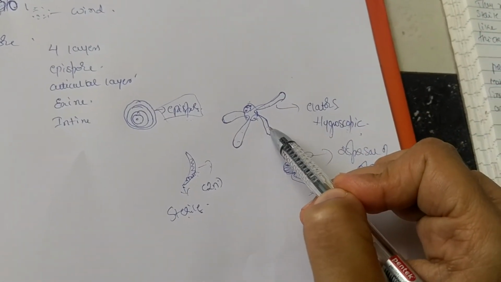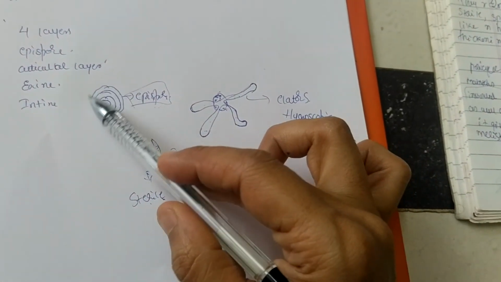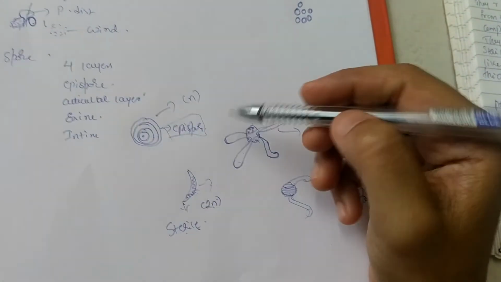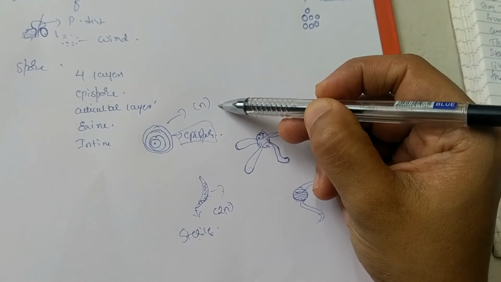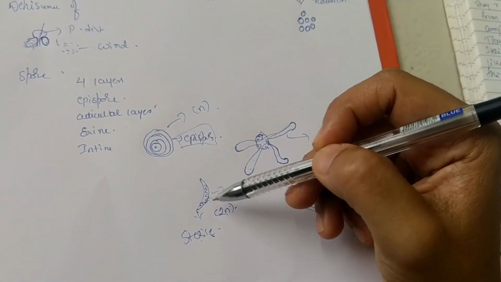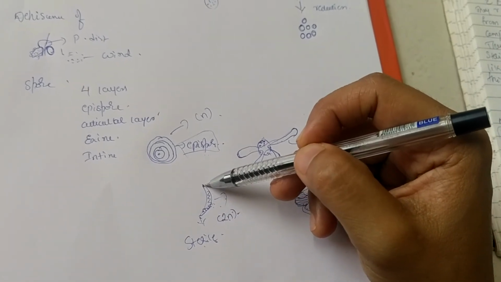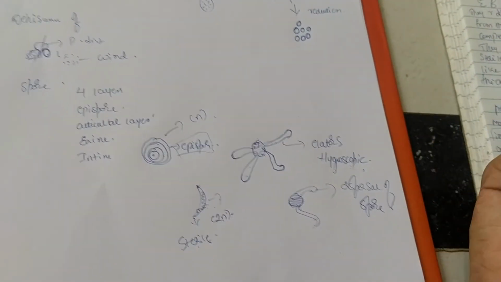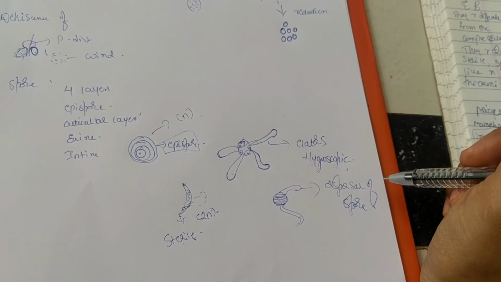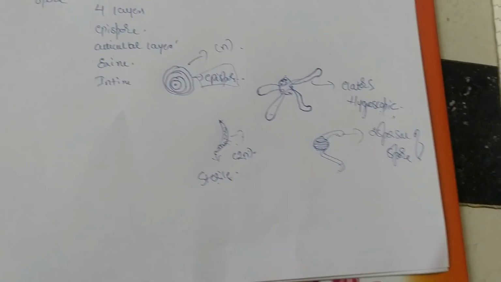Whereas the elaters of Equisetum originate from the structure of the spore. The spores result from reductional division, so they are haploid in nature. So the elaters of pteridophytes are haploid, whereas the elaters of bryophytes are diploid, and they have spiral thickenings and also pointed ends. This is the structural difference between the elaters of pteridophytes and bryophytes. The spores will disperse with the help of the wind, and they are ready to mature into a gametophyte.